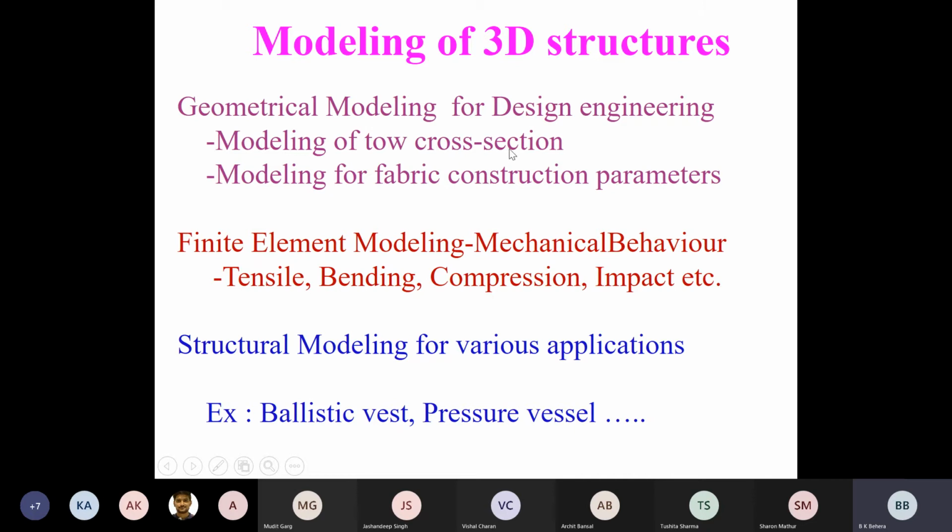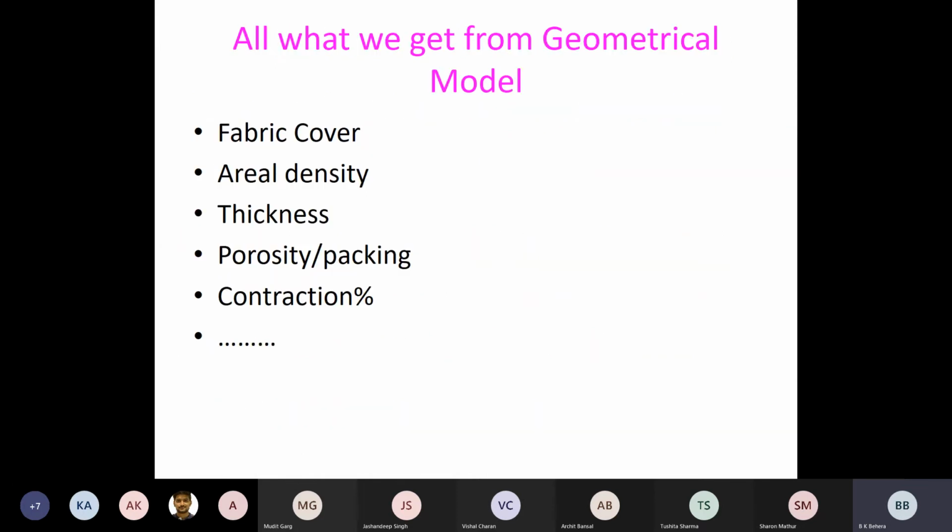So in your syllabus, I'll just give you today very briefly this geometrical modeling, meaning how the construction detail or dimensional parameters of this fabric are predicted. And that too, I will tell you only three. What are those three? Let us see. Which I already explained. What are the geometrical models? We already know it. In Pierce geometry, you all calculate this.